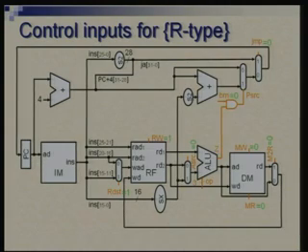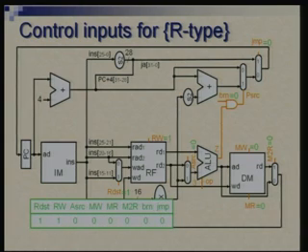So now this is a set of values, this is a set of inputs you need to give at control points, and if that is given, the instruction done by this data path will be the R type instruction. We still have not specified what input we give to OP. I will take it separately, but let us look at the others for each instruction. So all this put together is this table of values we need to give at different control points, right.